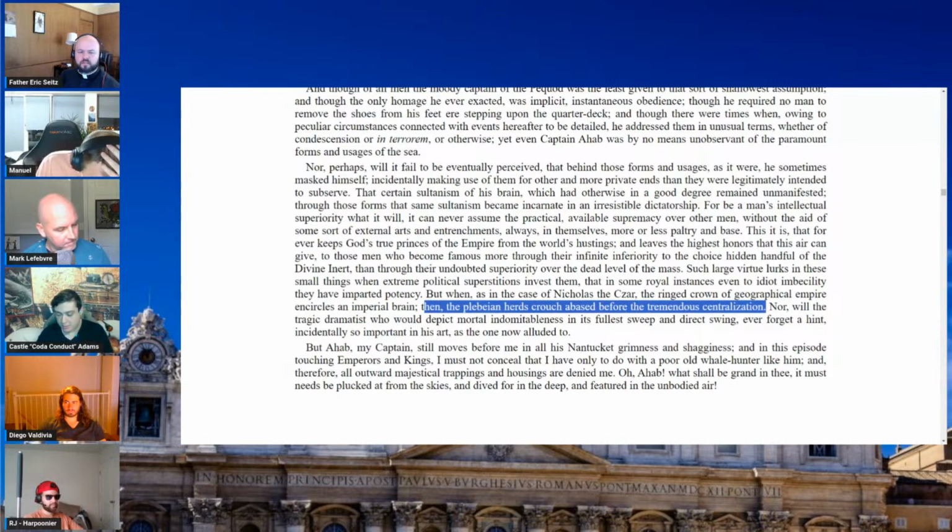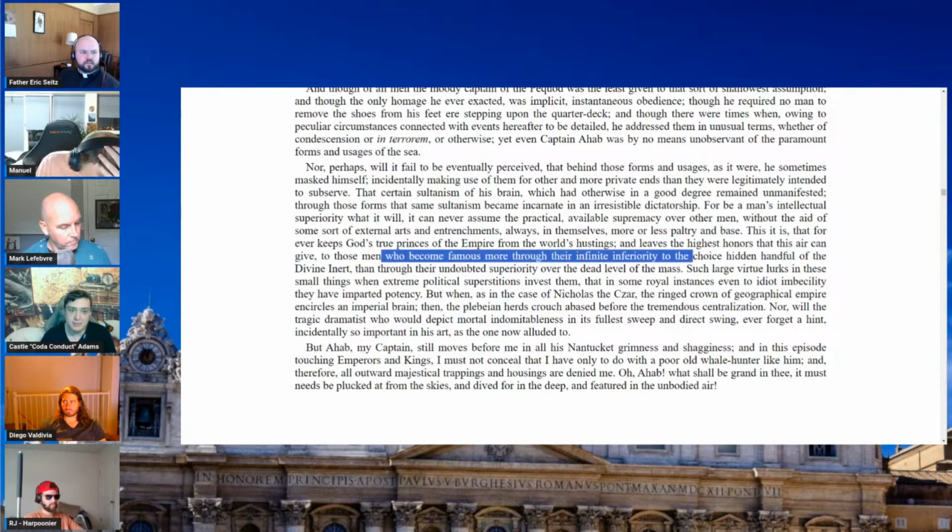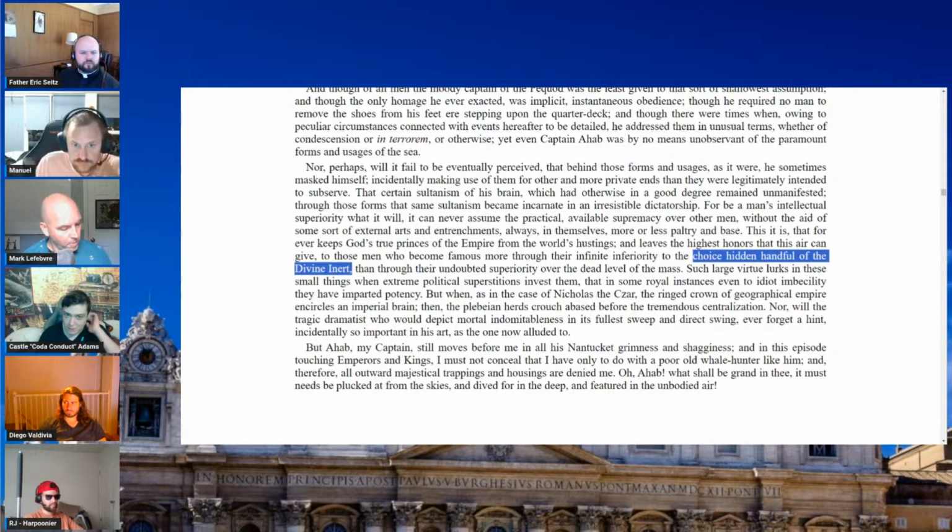The whole thing of like the choice hidden handful of the divine inert is apparently a Gnostic idea that was put forth about people being chosen by God for extra knowledge and holiness specifically. So you've got like kind of these sort of anointed ones that he has here, and he's kind of making the parallel there to sultanism. Mm-hmm. And I found that really interesting, where he's kind of describing just before the paragraph that you began,